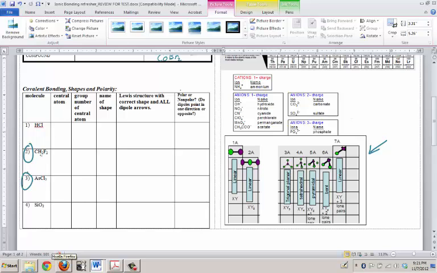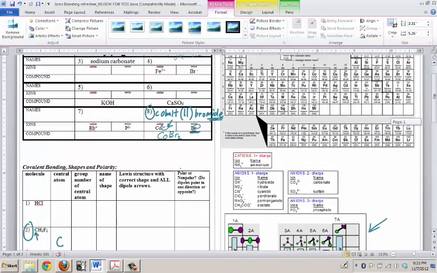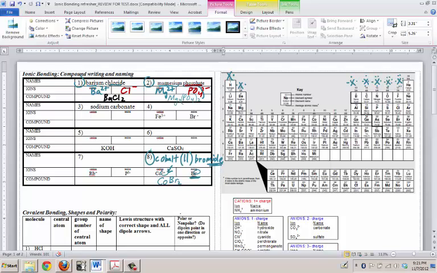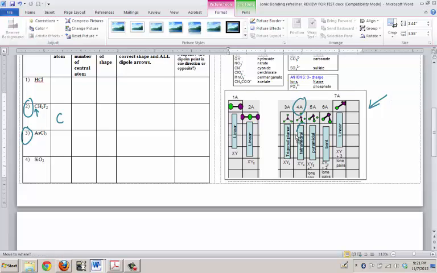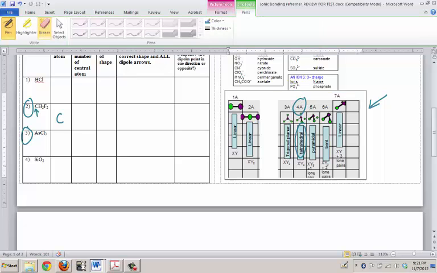Alright, central atom is the one with the most single dots, and it's usually written first, so that would be carbon. So here's carbon. Carbon's here. What column is it in? It's in 4A. So now here's where this comes into play. We look at 4A, and then we look and see what shape it makes. It makes a tetrahedral. So when you go to draw it, your drawing should look like that. Okay, so it's in 4A, name of shape, it's a tetrahedral,